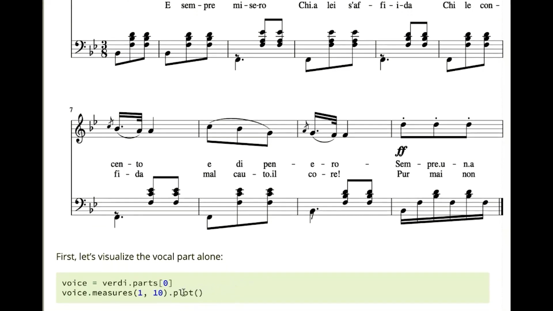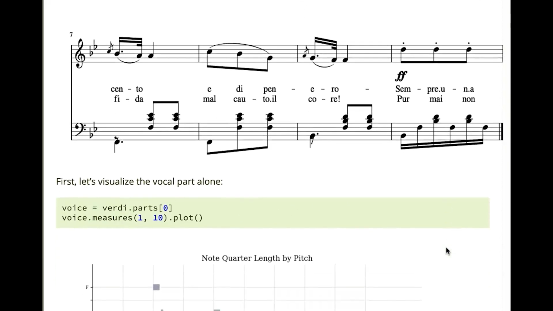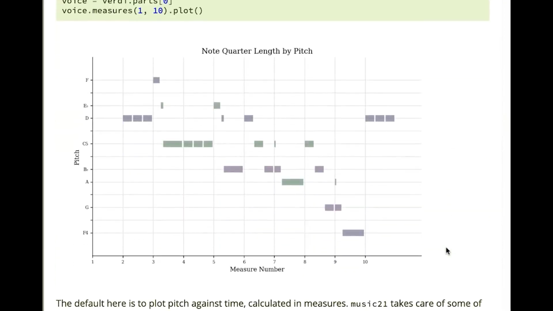And if we go ahead and call on this excerpt, oh, by the way, I don't know if we fully explained, you can extract a measure range with these two numbers. This is inclusive, unlike Python, and so this will include measure 1 and measure 10, and these are the numbers according to how a musician would think of them. Okay, we can go ahead and plot them, and by default it creates something we usually call a piano roll,